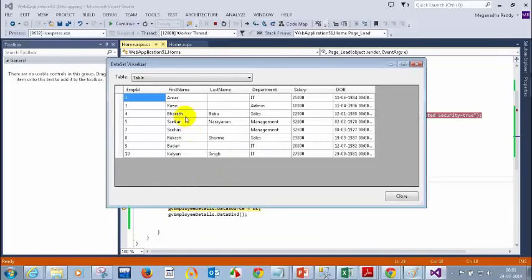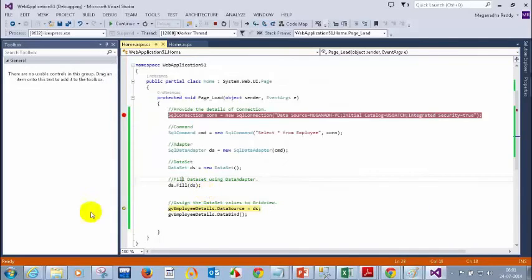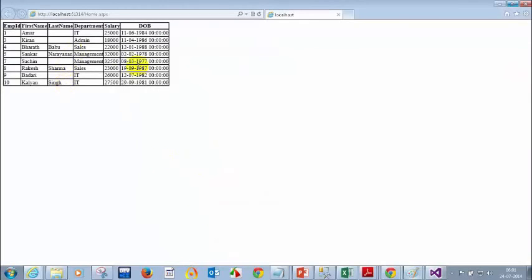You can see the values which are retrieved from the database. And then you are assigning the dataset to the grid view. You are telling that for this grid view, the data source is this dataset, and then you are binding the values. That's all. So now we are displaying here.